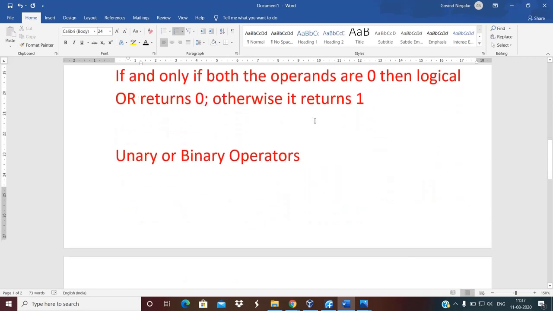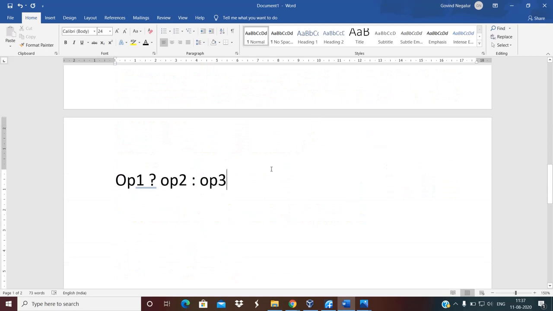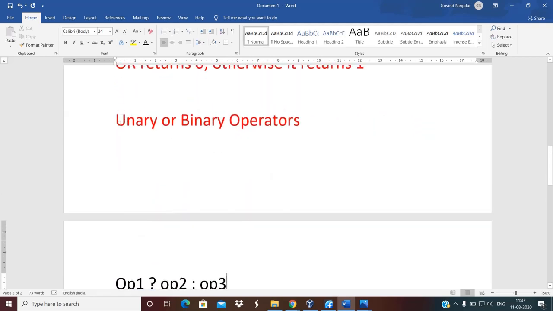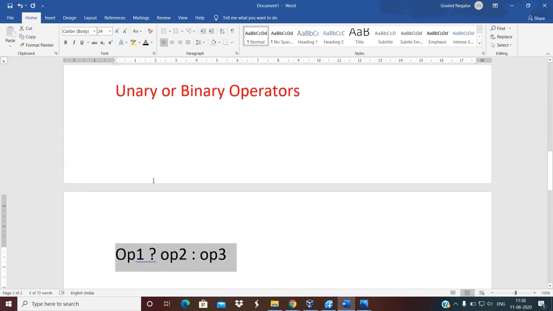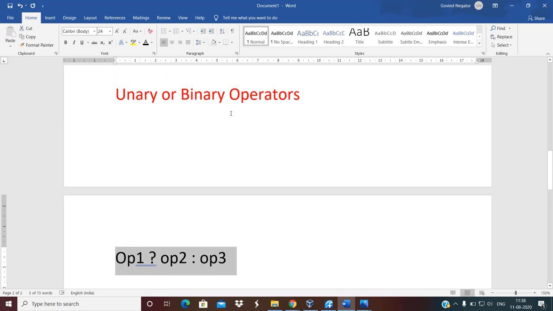And the ampersand that you see in the scanf is also a unary operator. So most of the operators in C are either unary or binary. One special case of operator available in C is the ternary operator, which has 3 operands. So how do you know whether the operator is unary or binary? Depending on the operands. If it has 1 operand, it is unary. If it has 2 operands, it is binary. And if it has 3 operands, it is a ternary operator.